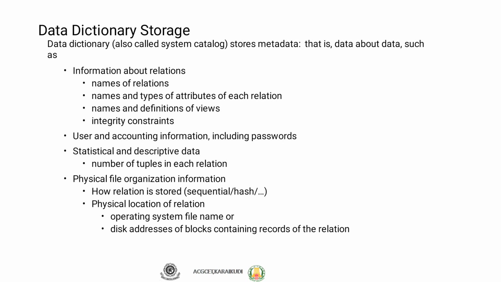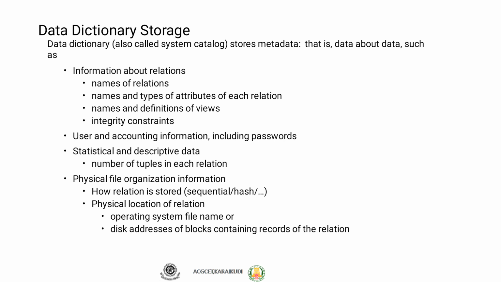The database also needs to store information about the relations, known as a data dictionary. This includes names of the relations, names of the attributes of relations, domains and lengths of attributes, names and definitions of views, integrity constraints or key constraints,